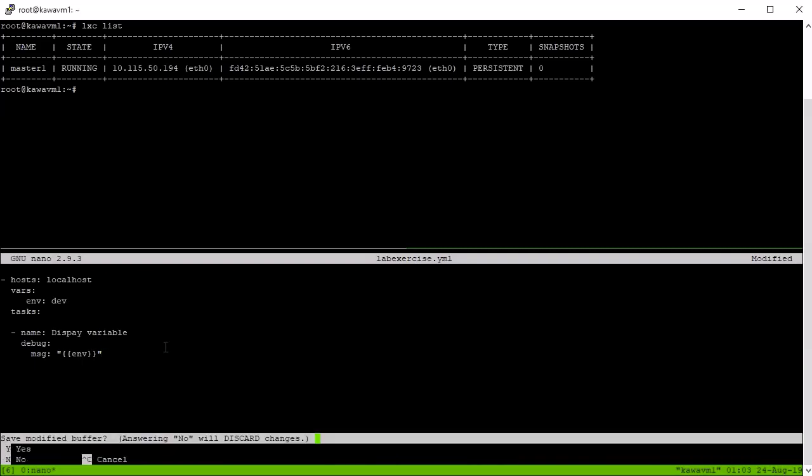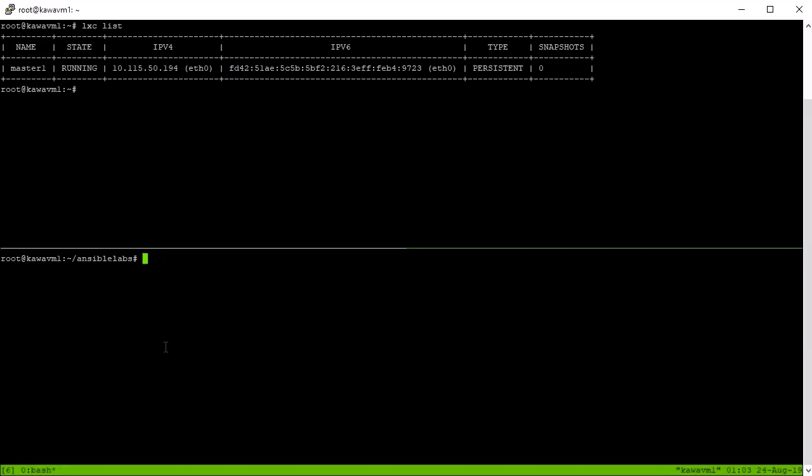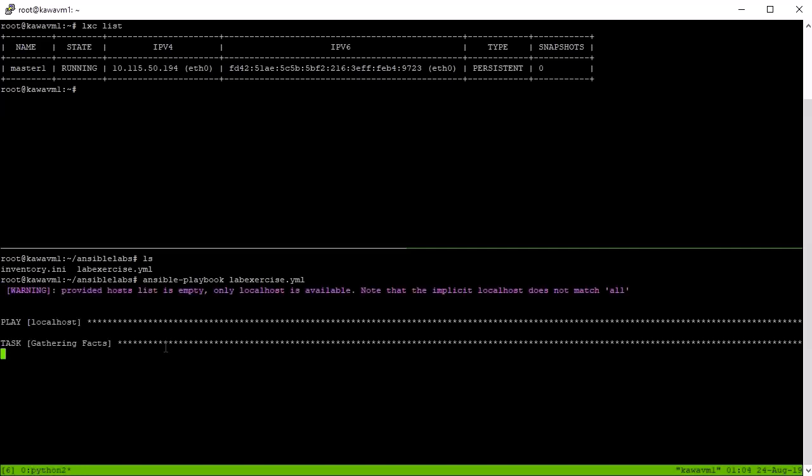Exit from here. Yes, we want to save it. Okay, so now we wanted to run it, clear it. So let's run it first. To run it, what you have to do, write ansible-playbook -i, where -i means inventory. Which inventory am I going to use? inventory.ini. If you don't provide it, it will take the default one and it will send some warning that I will show you. Here if you write lab exercises dot, if you run it, you will get some warning. See here, you are getting some warning,